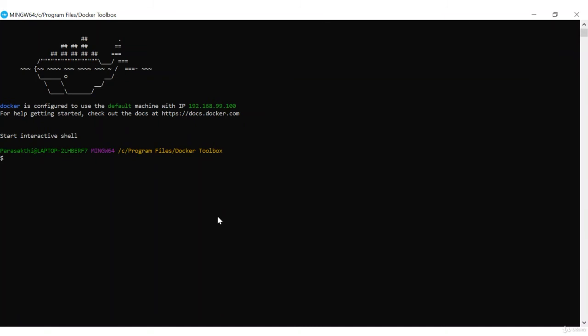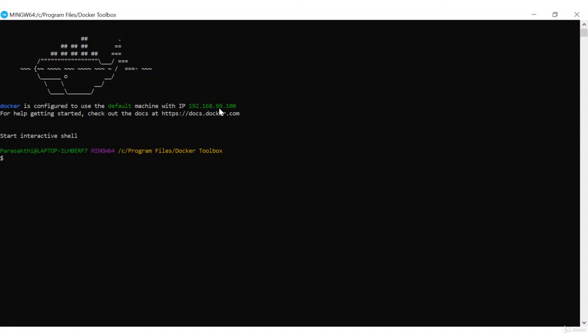When this Docker terminal is open, it is going to spawn the Docker engine. By default, whatever containers you create, it is going to assign the public IP address 192.168.99.100. This is the default IP address it will assign. If you want to access the containers, for example you installed Hadoop, HDFS and Kafka, and you want to access Kafka from an outside program, you need to use this IP address. That's what I am trying to mention.